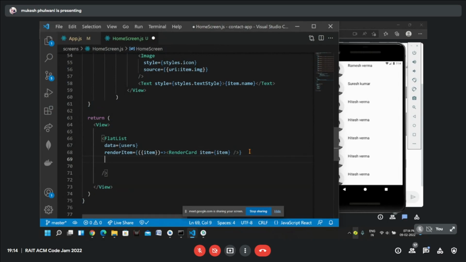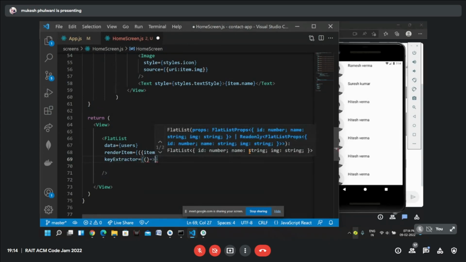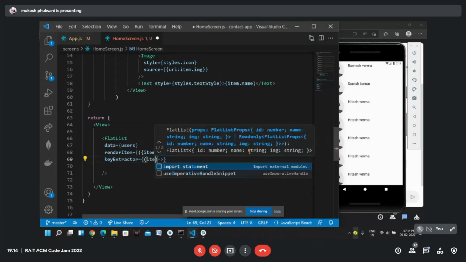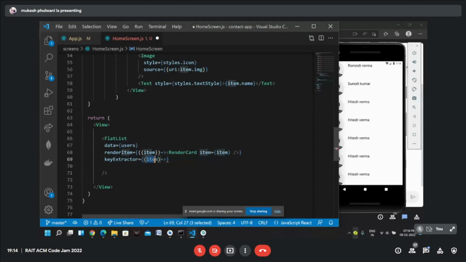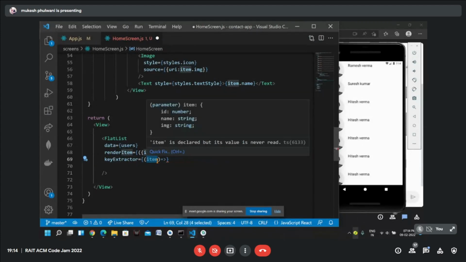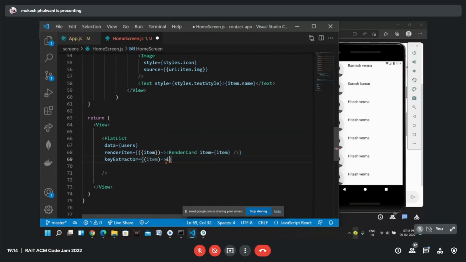But this is one way, or what we could do is, to give it a unique key, we can add one more prop here, that is keyExtractor. Okay, and again this is a function. It takes a function as an argument. In the function we will have direct access to the individual item. This time we directly have access to item. We do not need to destructure. That's the syntax. Okay, and from that item we can access id, and id will be our key. ID will be the key that will be given to all the cards.